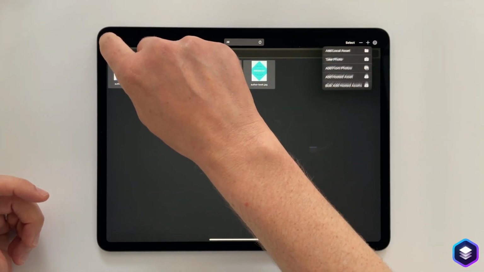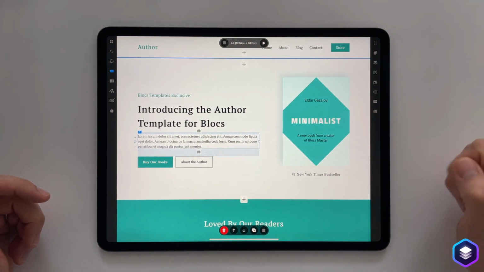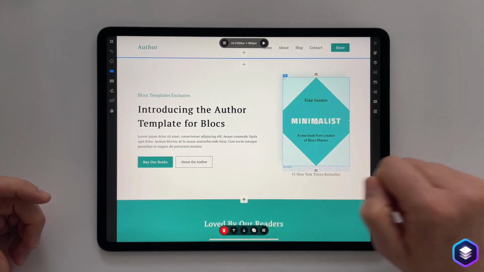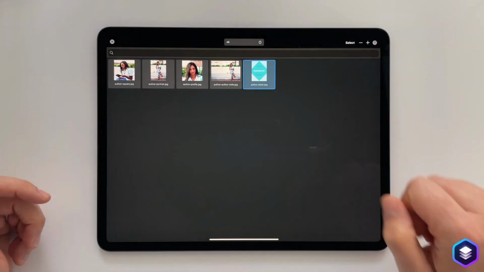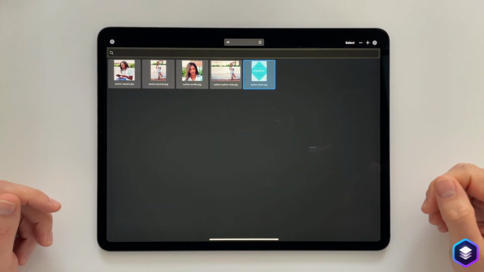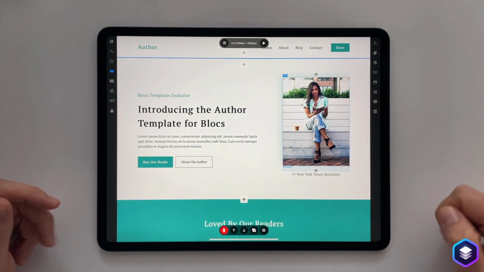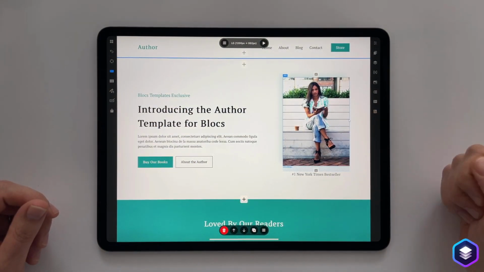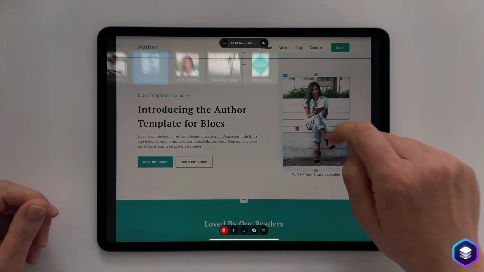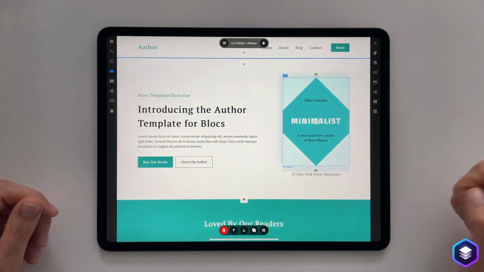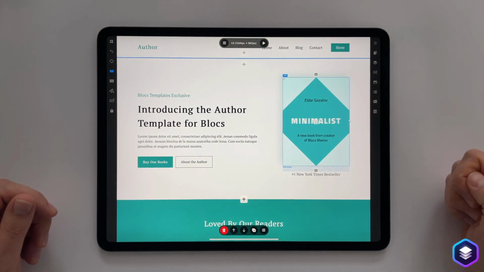If I close that down, another way to activate the Asset Manager is, if I select an image and then just touch it again, it brings the Asset Manager up. And then we can select an image and then select the image for the second time, and we've switched the image here. So I'll put that back to the way it was.